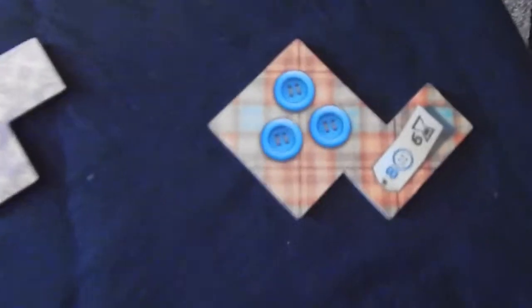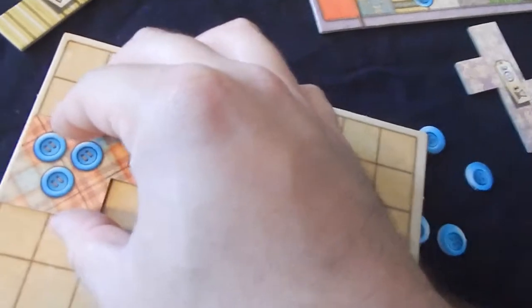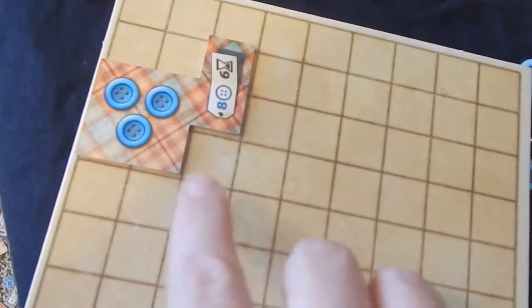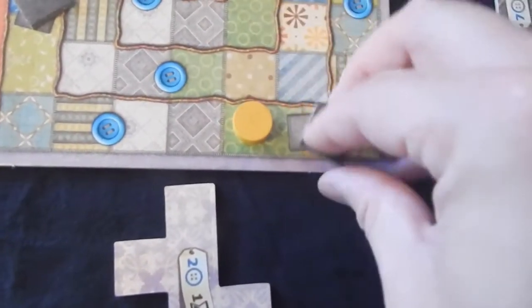You'll notice some of these spaces have buttons printed on them. Now these aren't buttons that can be spent, but if they are on the board, like so, and a player passes one of these other printed buttons on the board, they then get the amount of buttons that are on their current quilt. If a player passes one of these leather patches, they get it, they can add it onto